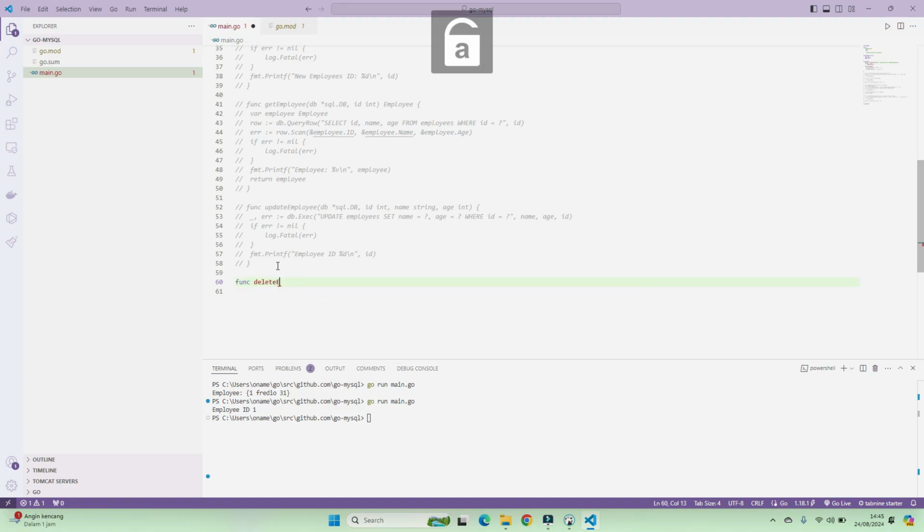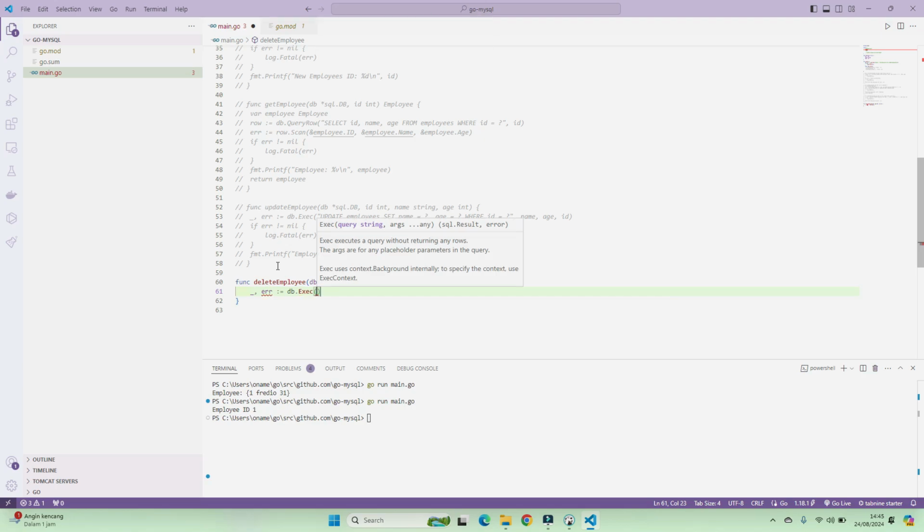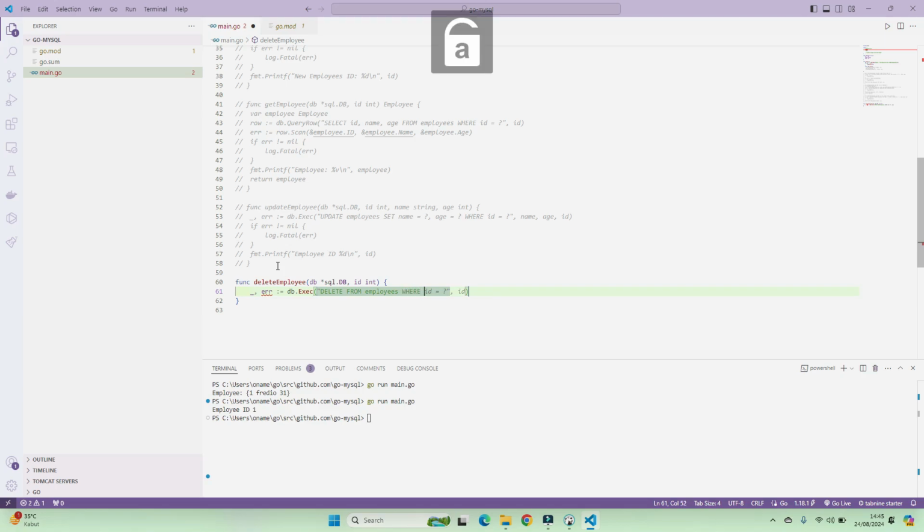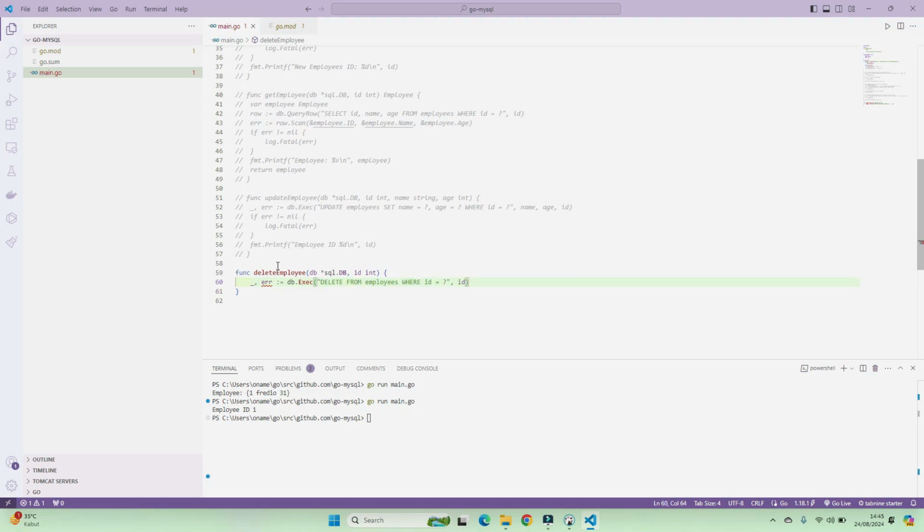Func delete employee, and then db sql db, n integer like here, and then we define to check the error, db.exec, and we delete from employees where ID, like here, and we check the error if not nil,